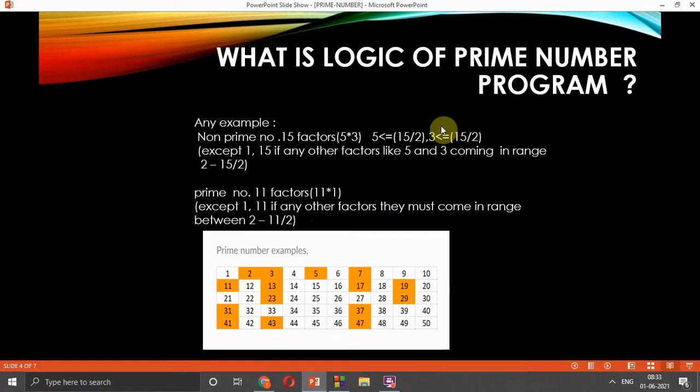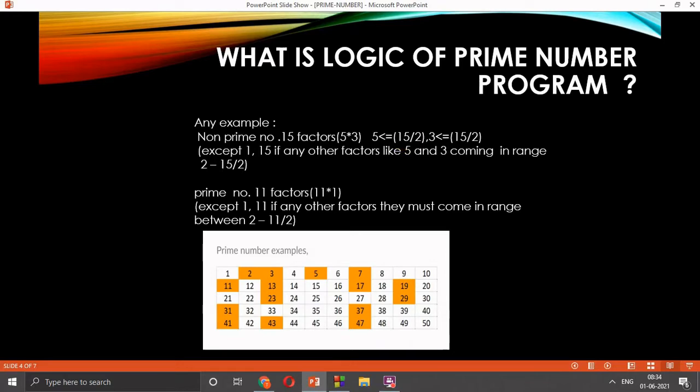So what we take from this example is that the logic is, other than 1 and the number itself, the rest of the factors come in a range between 2 to half of that number.